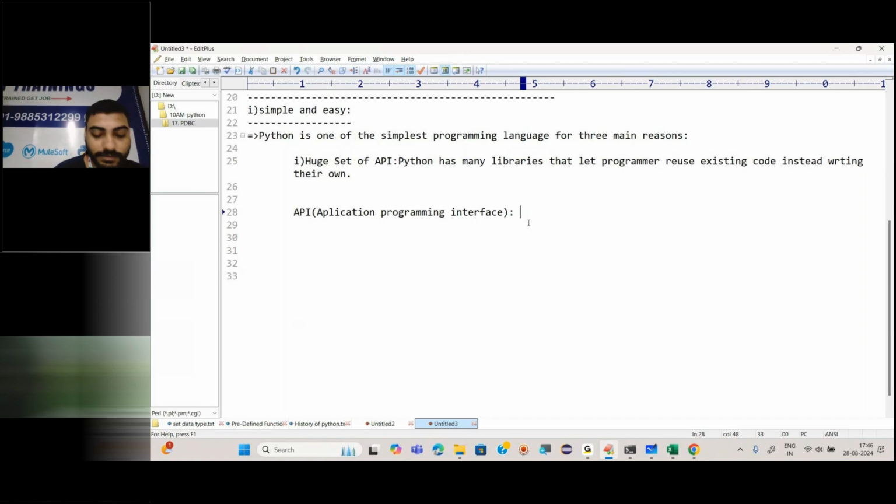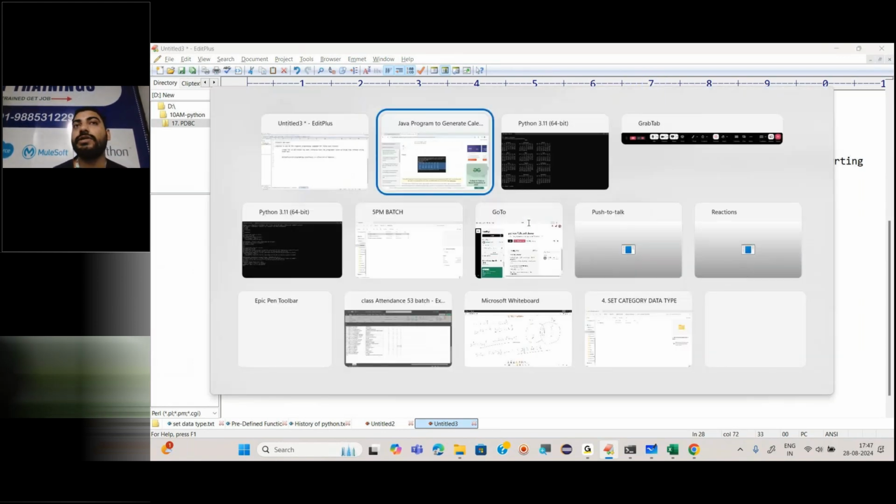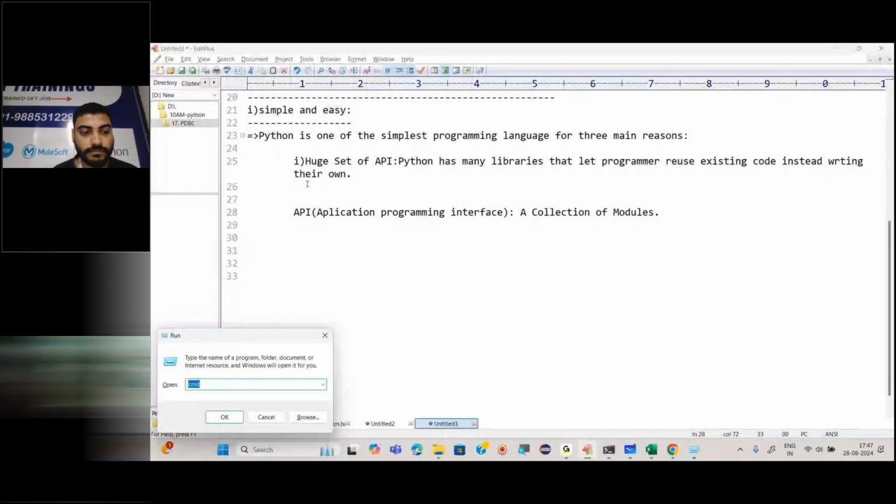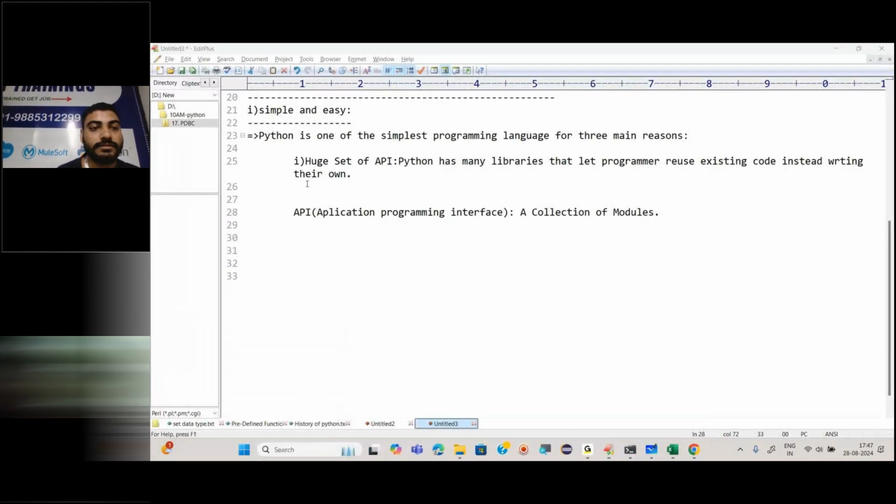So API is nothing but a collection of modules. Just now we have seen a module. Like this, we have n number of modules in Python software. Do you want to check? Just a simple thing I'll show you.